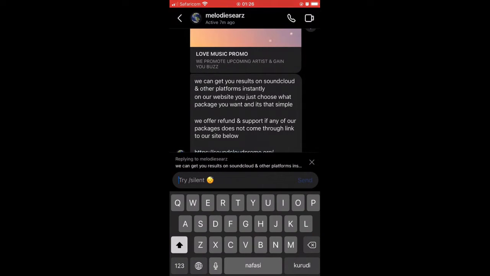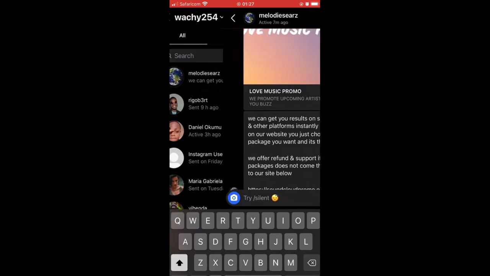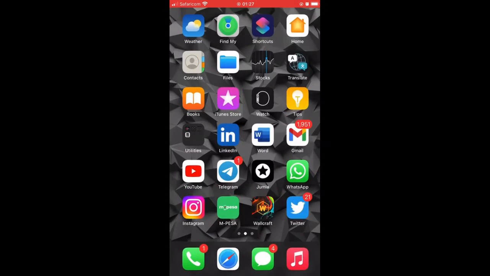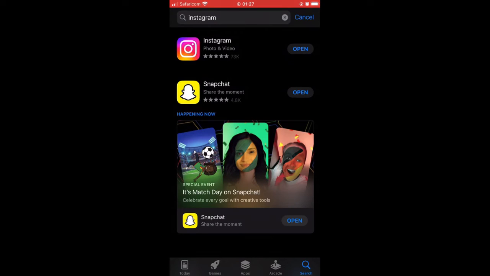my Instagram. So the first thing you need to do is to update your Instagram all the way to the latest version. So we are just going to go ahead to the App Store, and we're going to find Instagram and click on update. If you find yours says open, it means that your Instagram has been updated to the